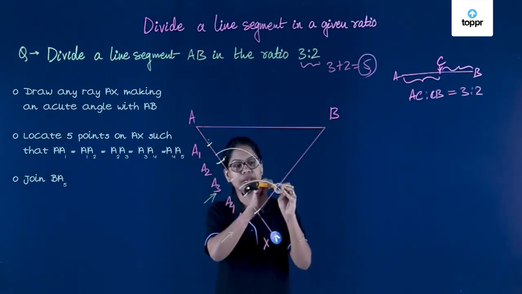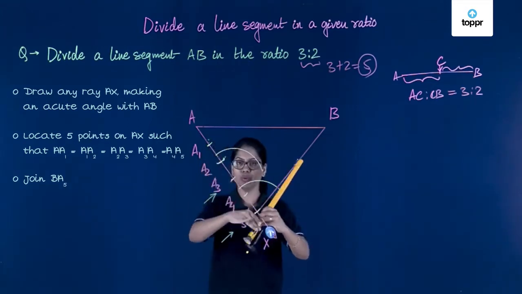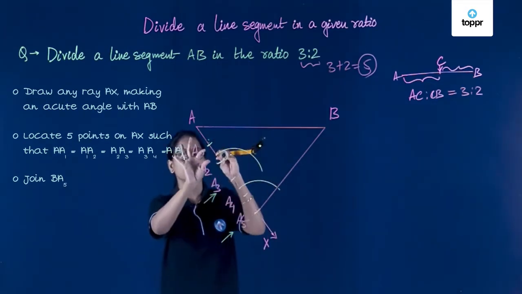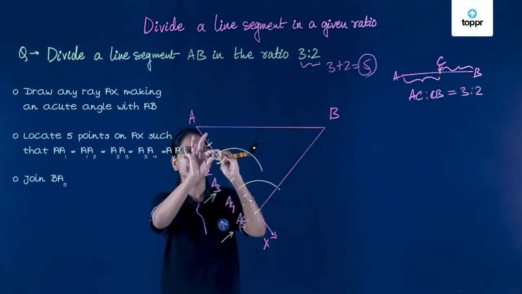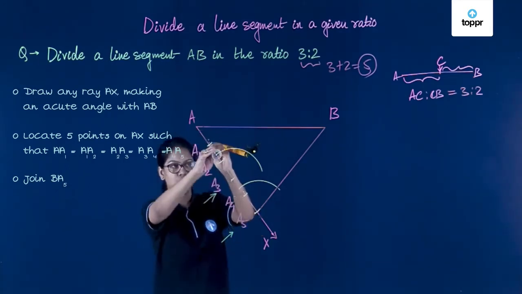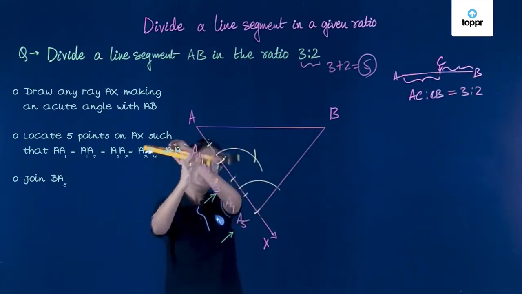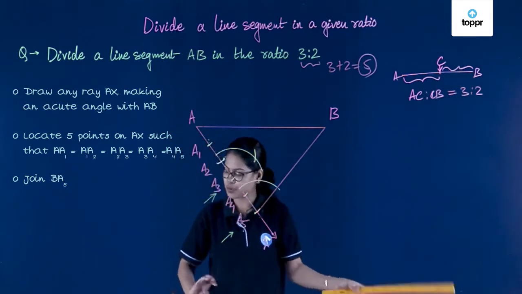Now let's measure this angle here. So the arc measure is this, and without disturbing, I am going to cut the same arc measure by placing the compass needle at the point where the arc cuts the ray AX. Now this is the line. So the next